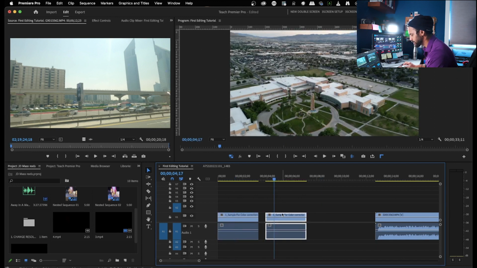And the other way to change the speed of your clip is you select this tool called Ripple Edit, or you can press R on your keyboard. It's the same thing. And this allows you